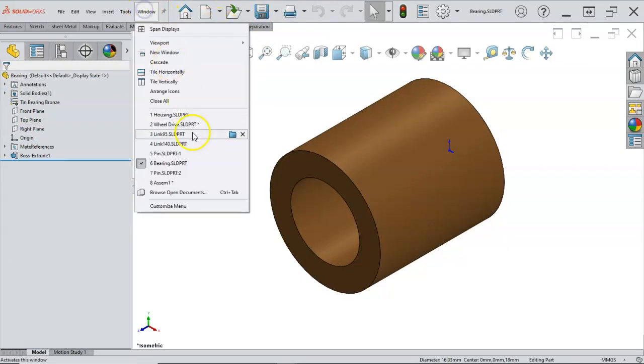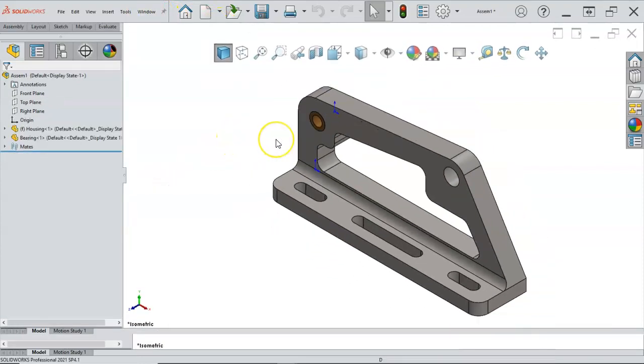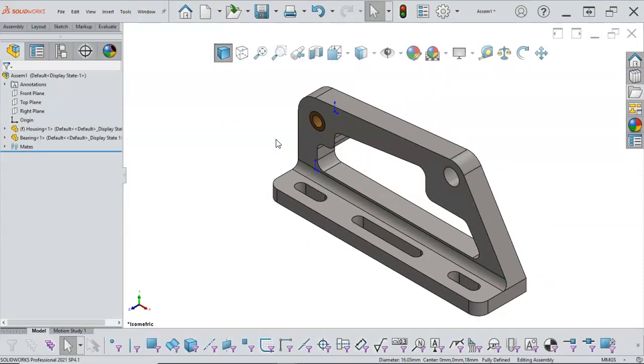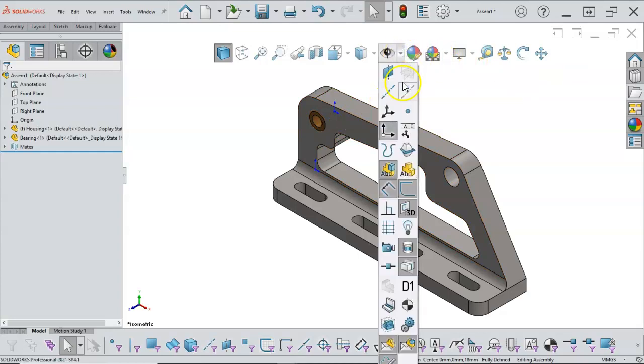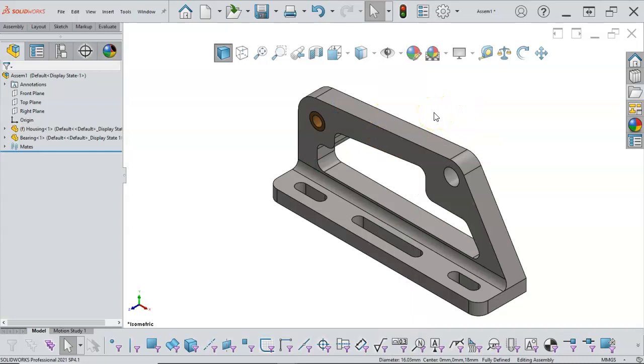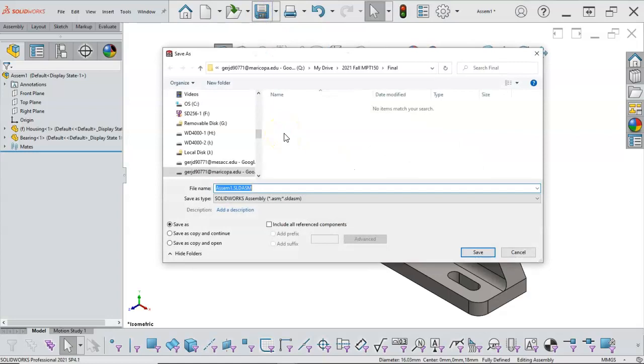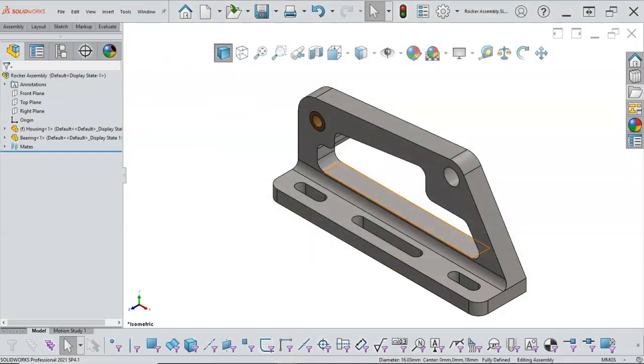And the main difference here is we go back to our assembly. Now I'm not doing anything top down that's going to create an in context relation, so not too worried about those and naming it. I do want to turn off the origins, keeping it as clear as possible. So let's go ahead and give this the rocker assembly. Save it, and